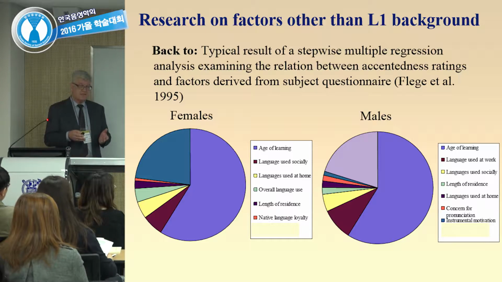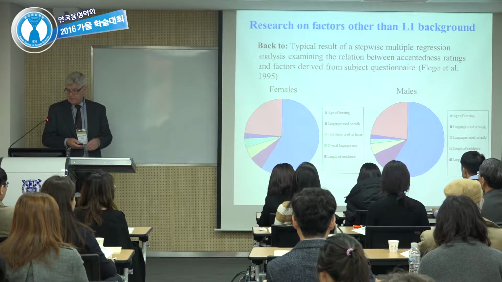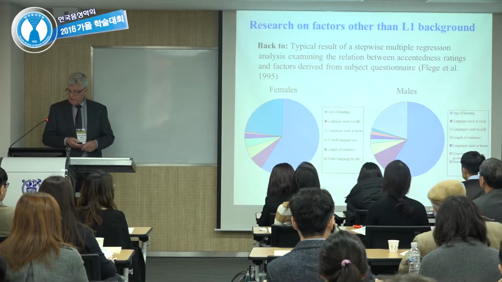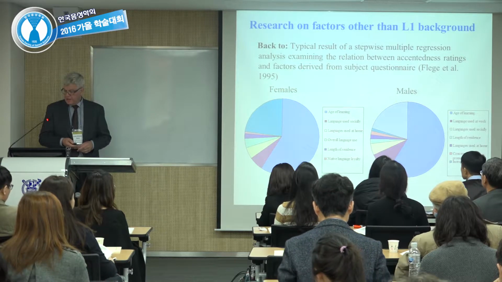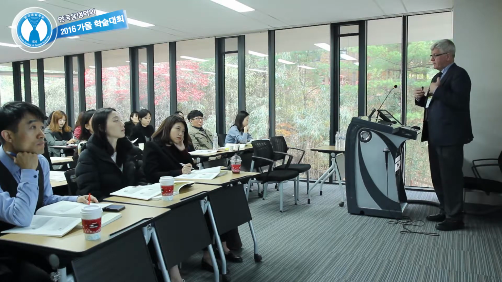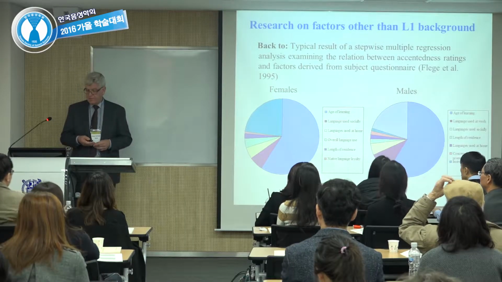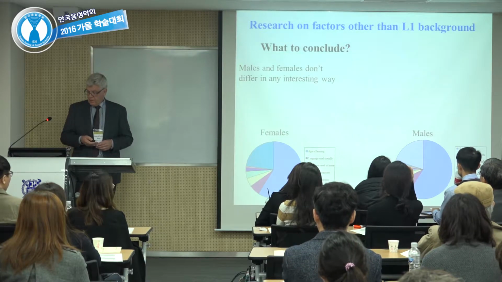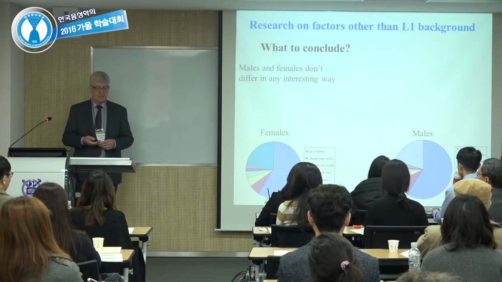And now we're down to less than 5% of the variance. Then we have length of residence, and I'll say something about that because this is actually interesting. And language used at home. And there comes something that has something to do with motivation: native language loyalty, instrumental motivation. So what you see here is when we try to account for all the variation that we find in our data, motivational variables, in this case, account for a maximum of 2% of the variation. So what we can conclude is, at least for people in the speech sciences and second language speech,